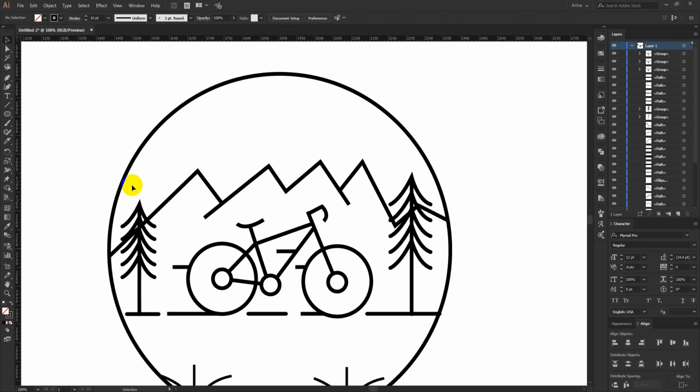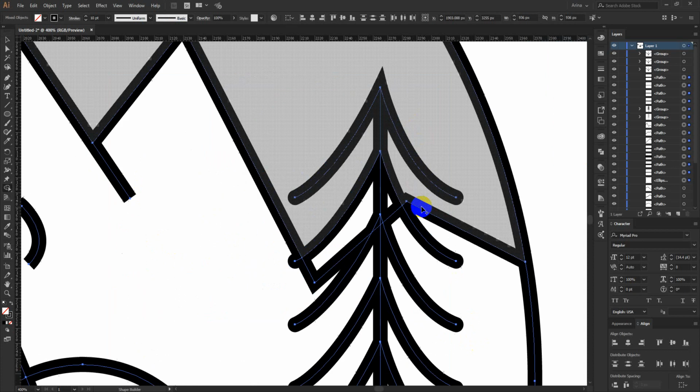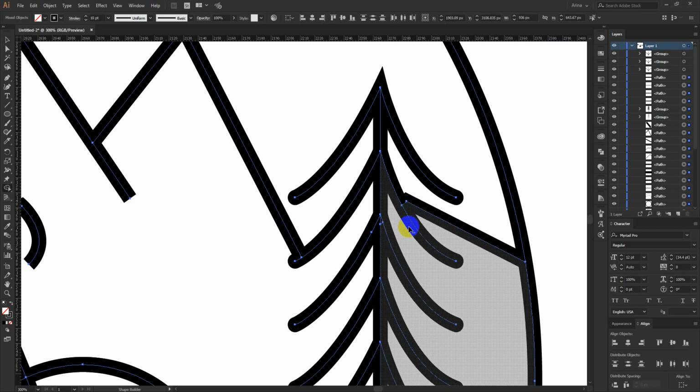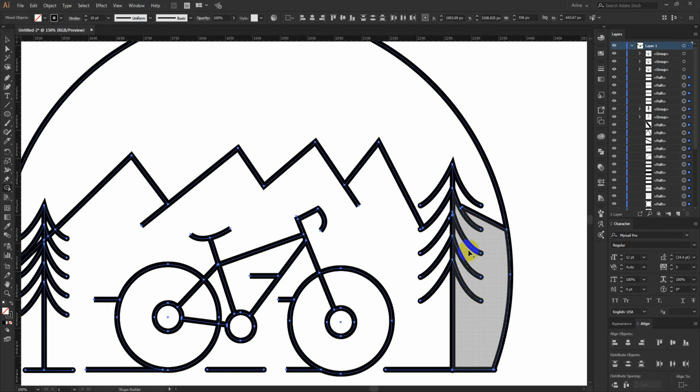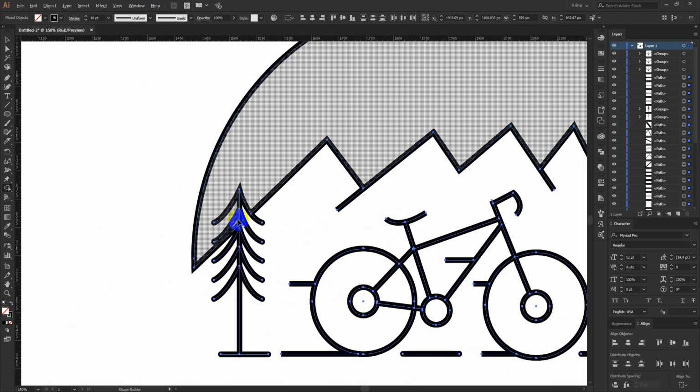Okay, here I can see some problems. I just need to select them all, and now I want to remove these inside parts which are showing through my trees. Maybe this one like this.